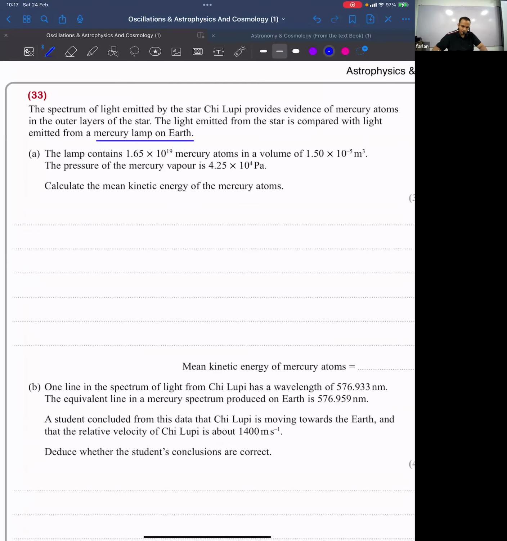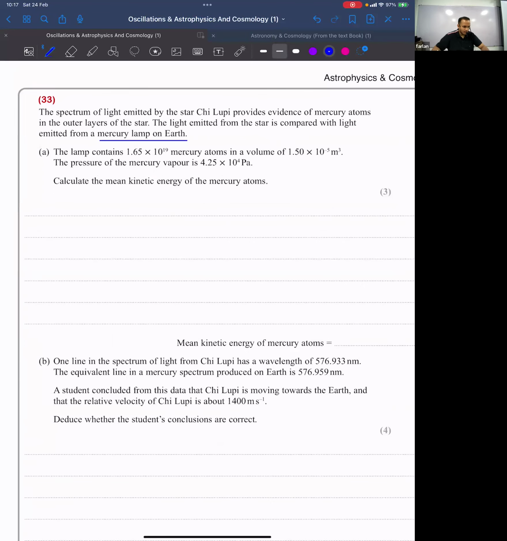The lamp contains 1.65 into 10^19 mercury atoms in the volume given. The pressure of the mercury vapor is given. Calculate the mean kinetic energy of mercury atoms. So mean kinetic energy is given by